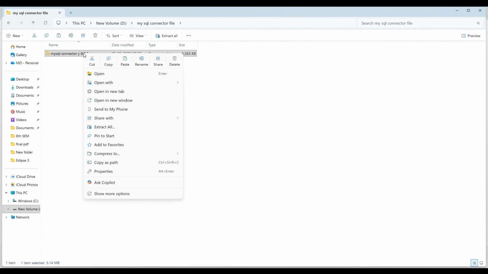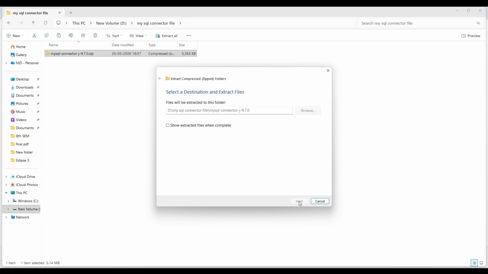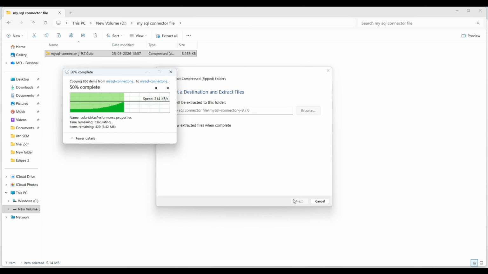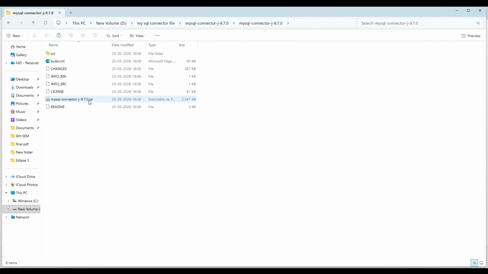Now right click on the zip file and select Extract All. Wait for the extraction process. Now open the extracted folder. Inside, you will find the JDBC driver file, which ends with the .jar extension. We will use this file inside our Java program.